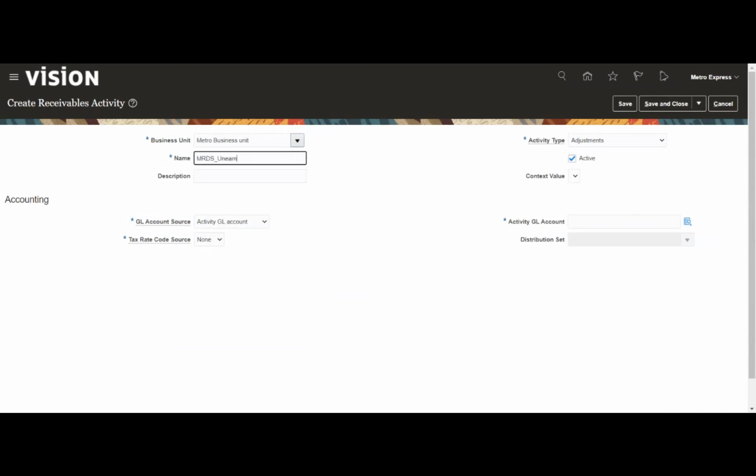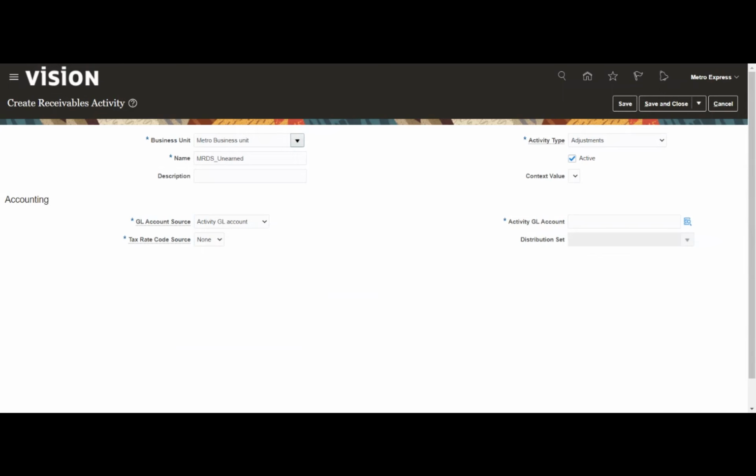Receivable activities are basically used for different kinds of transactions. Here you can see that we have a list of activity types. For example, refund or write-off, or if I want to do the prepayment or the short-term debt, all those options are available.